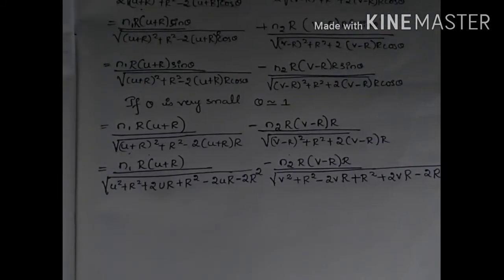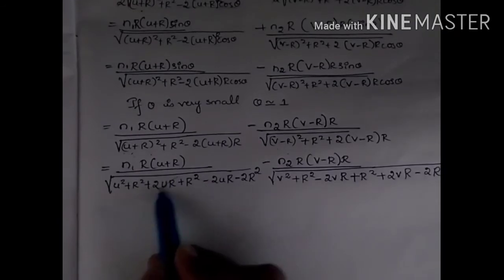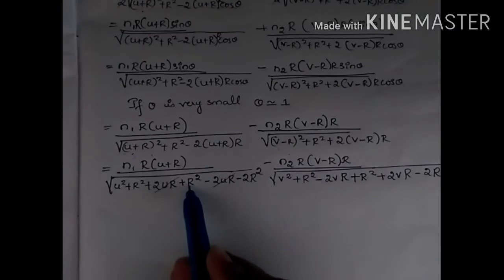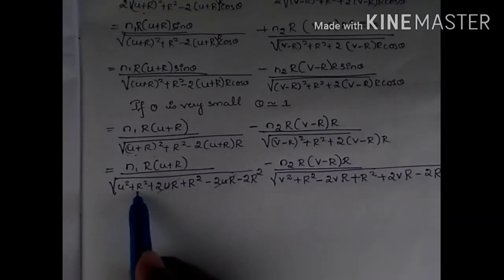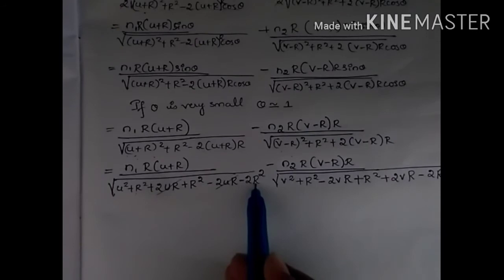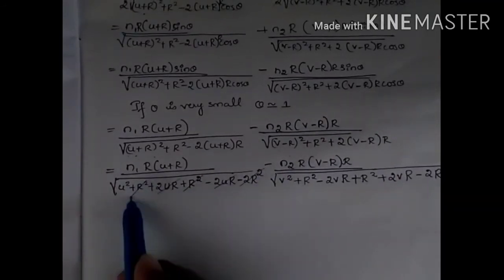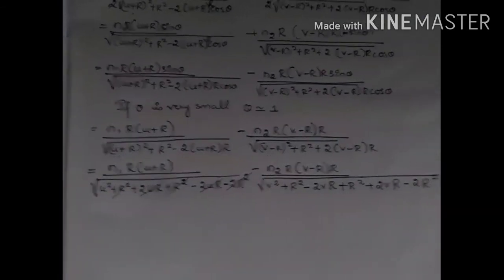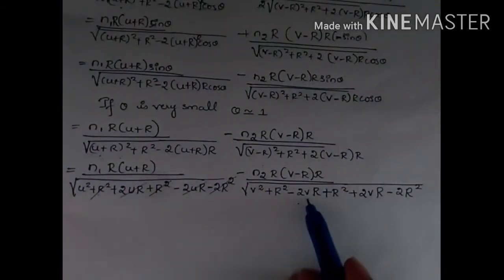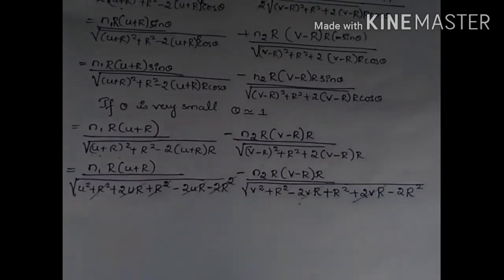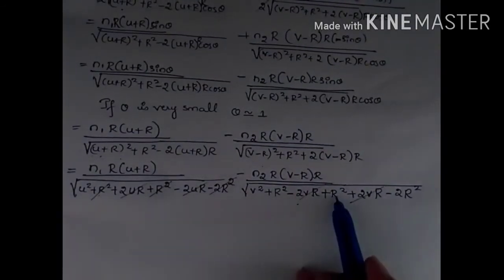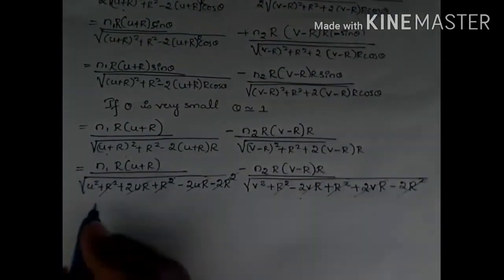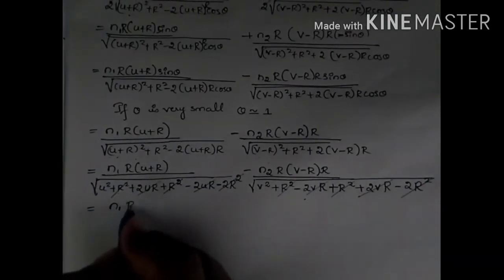So now cancel the terms which are cancelable. Here plus 2ur minus 2ur gets cancelled. Plus r square is 2r square, so there is minus 2r square here. So these three terms will get cancelled. What remains is root of u square. And here, plus 2vr minus 2vr will get cancelled. Plus r square is 2r square, and this 2r square will get cancelled with minus 2r square. So the equation will be